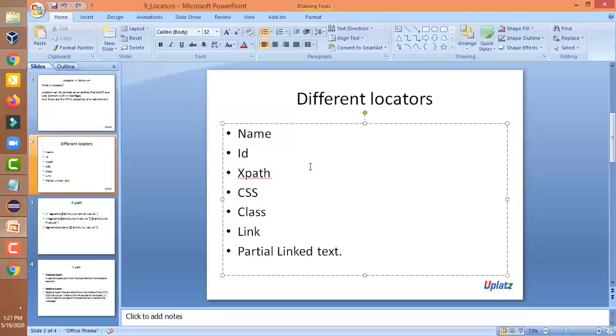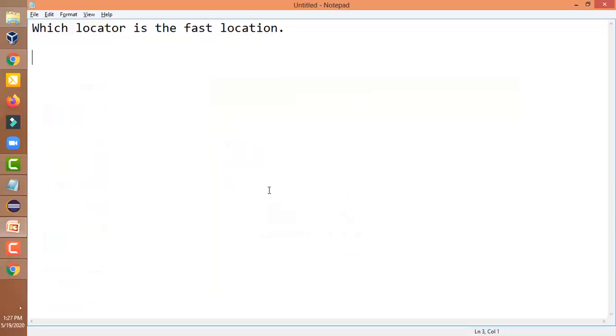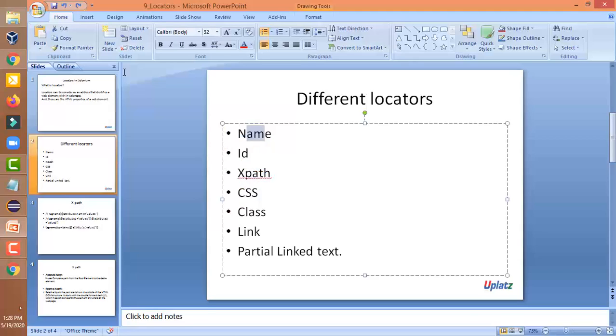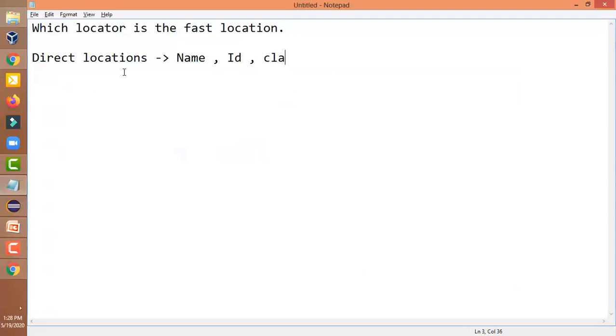The name locator, ID locator, class locator, link text and partial link text are the direct locators, because we do not need to create the locators, so we can directly use locators like name, ID, and your class locator.